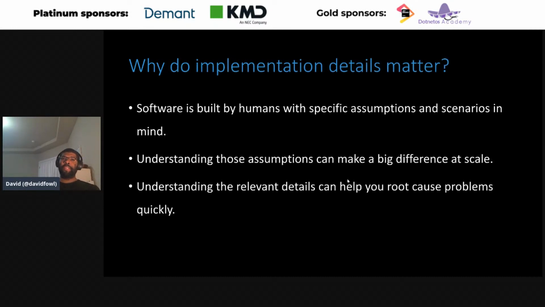So details matter because humans build software and humans make assumptions. It's not always that they're trying to optimize for themselves, but whenever we design anything, a library, a subsystem, some kind of software, there are some assumptions in mind about where it's going to be used, how often it's going to be called, and those things. Some things are very hard to express in the type system. Like I couldn't express that this thing should only be called once per request, right? That's not a thing I can express.